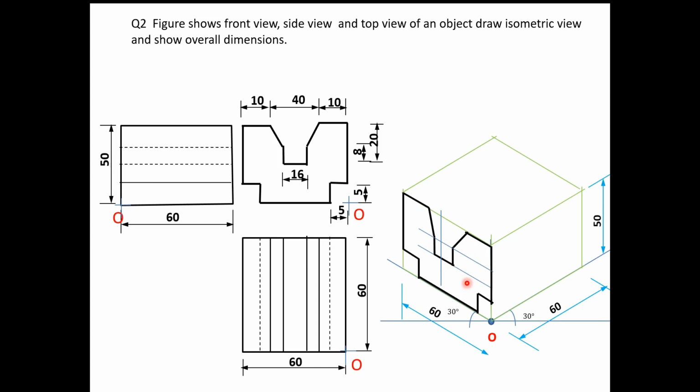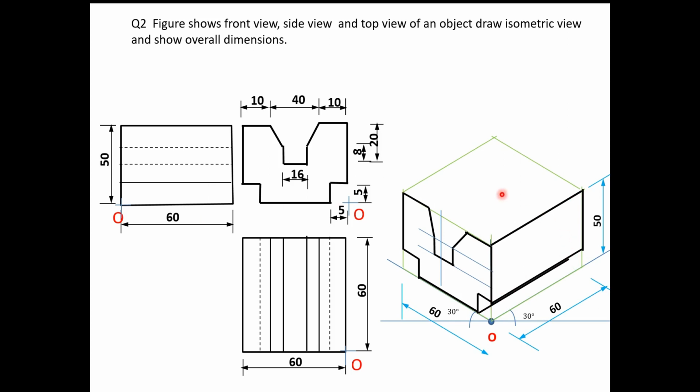Now you can see in top view and side view. You can see top view, you can see the directly straight line. So that means this is the inside. This is the groove. Now if you see here, I will start top view. From the top, this edge is visible. This edge is also visible. On the right hand side, this edge is visible. We completed this. Then bottom edge, this edge is also visible. So we have drawn this up to this. So this is 60 mm. After that, it becomes vertical like this vertical line.